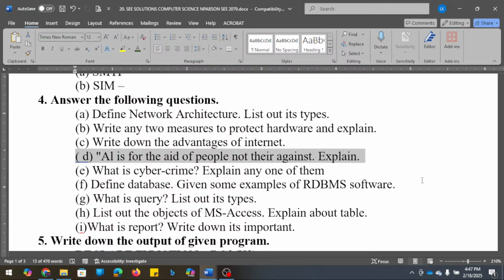Next is the database. Give some examples of RDBMS software. A database we can define in a very simple way as a collection of records in a very organized way. So that is called a database. RDBMS software is used to create and maintain the database. Some software are MS Access, Oracle,